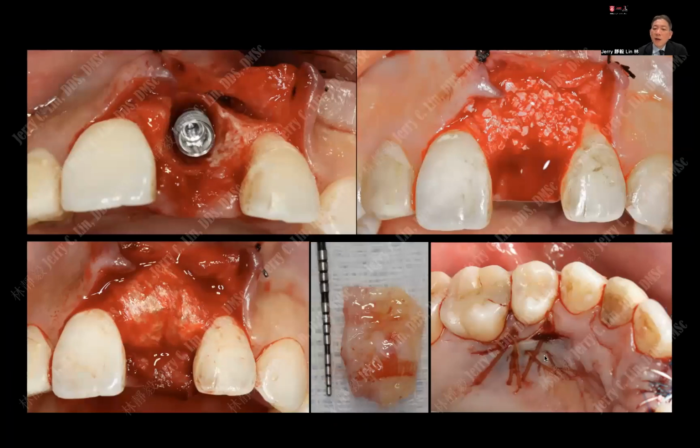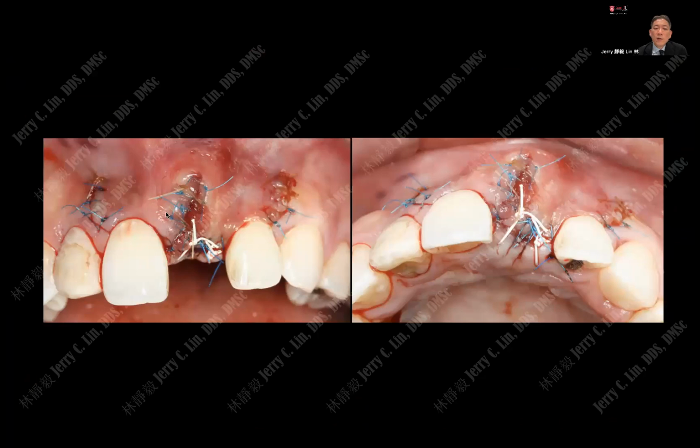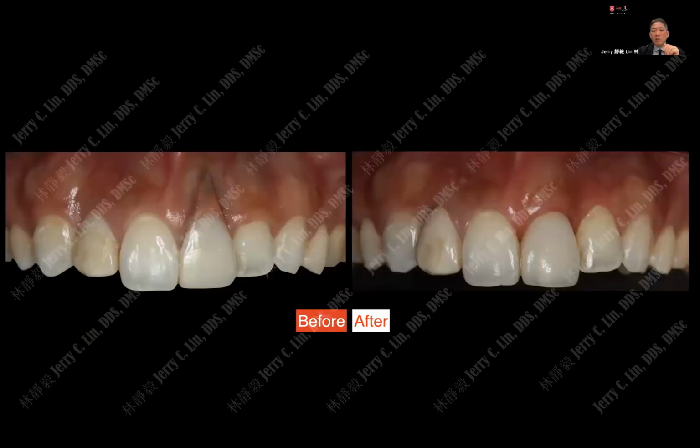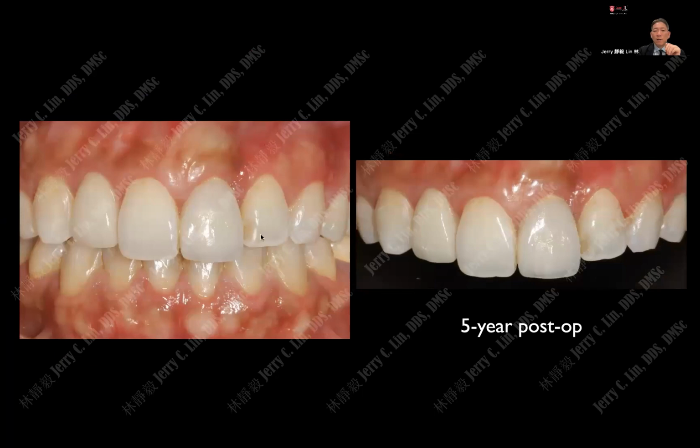And at the same time, I took connective tissue from the palate and grafted it with a technique. It's a double papilla technique. So we suture both sides of the papilla as one flap and close it up primarily. And in 6 months, we were able to do our second stage and start molding the soft tissue. And this is the before and the final result. And this is a 5-year follow-up